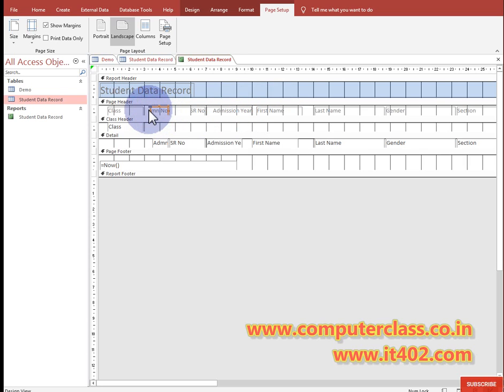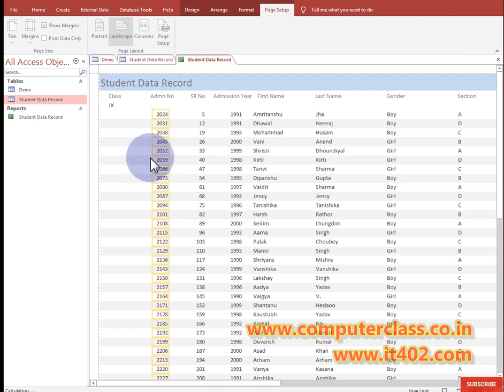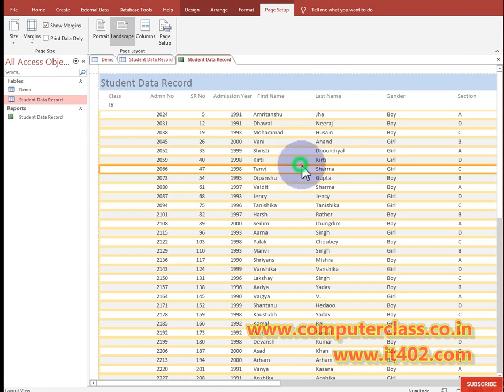Serial number is not showing, so just click here like that. Class is there, so you can reduce the size of the class box. So admission number is there, serial number. So manually you can do it here, but in a simple way you need to use layout view to do that particular task.